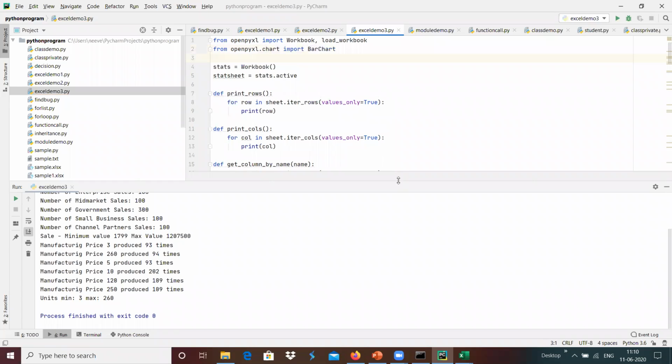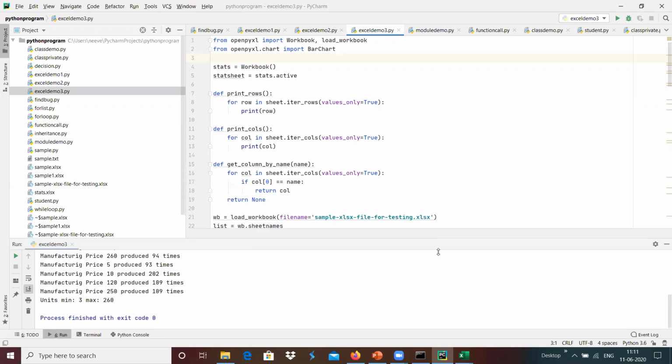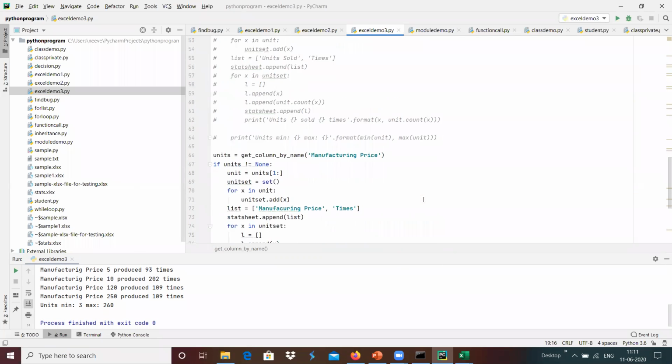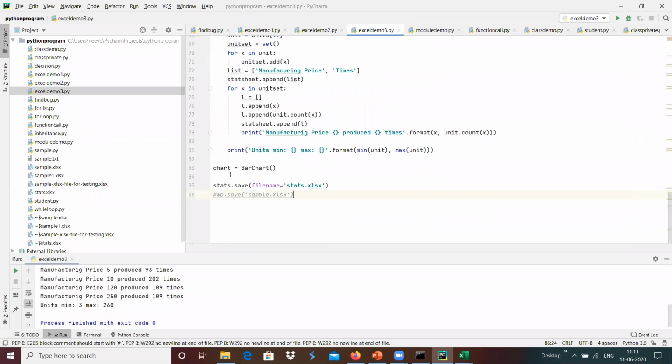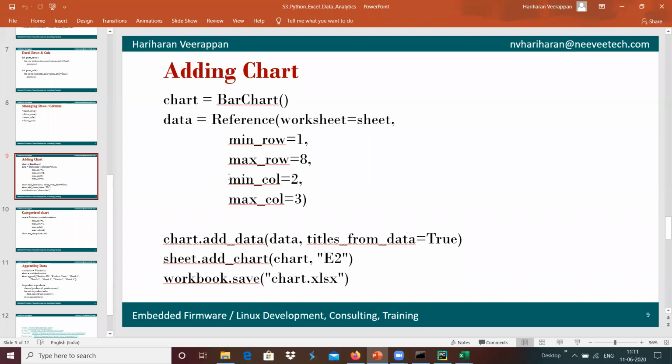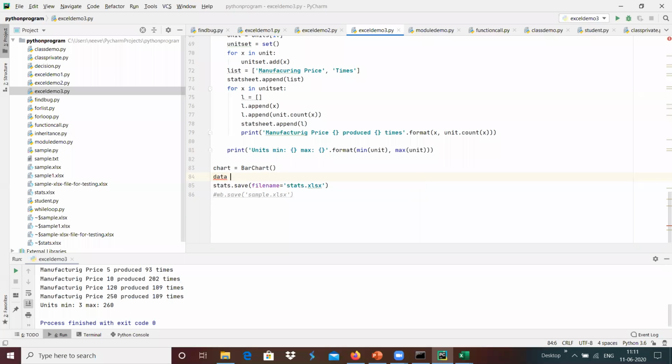Inside that, we can use the BarChart over here. And I'm going to use this BarChart I created. And once the chart is created, maybe we can use the Reference. It's something like data equals Reference.